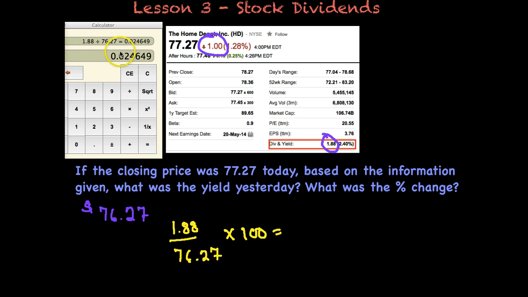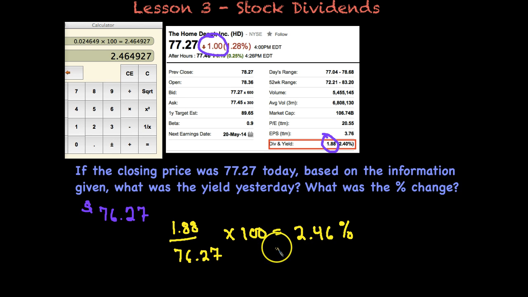So I've divided that out to get 0.024649. Then when I multiply by 100, I get 2.46%. So if you'll notice, even though the stock went down $1, my yield is still very similar. So the yield on this day was 2.4%. Yesterday it was 2.46%. But that gives you a good idea of the type of dividend you're going to earn